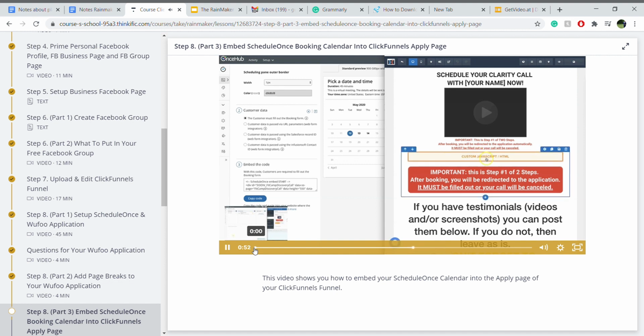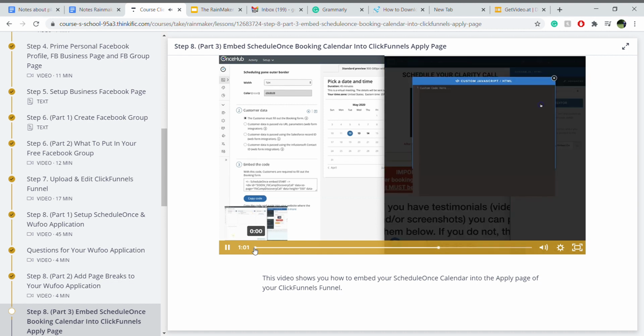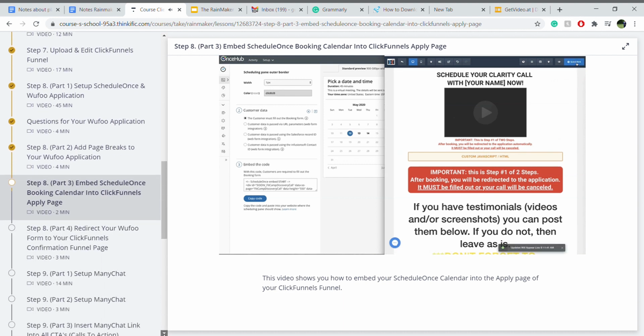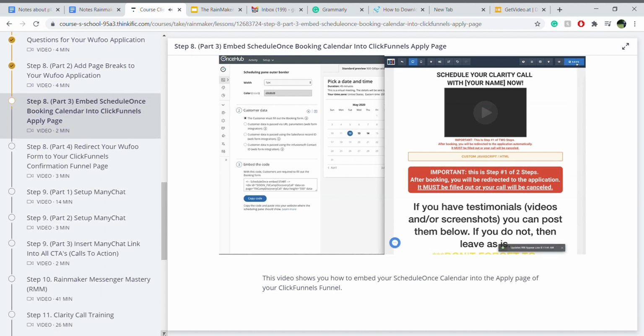There is an orange custom JavaScript/HTML code box. All you've got to do is click that, open code editor, and paste. Click off and click save. And then we're going to,